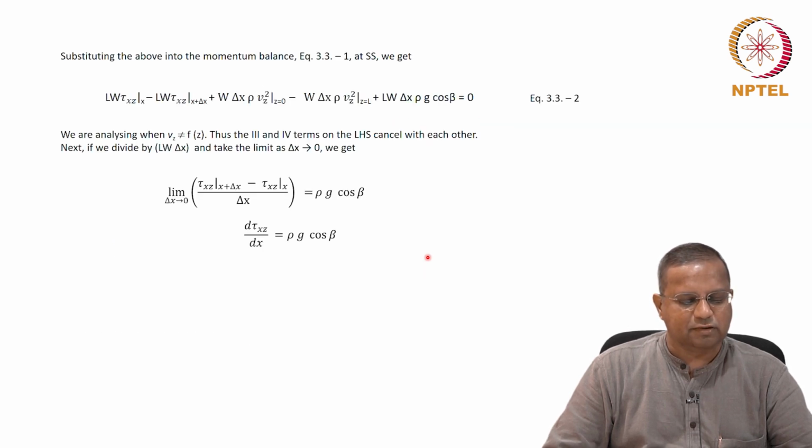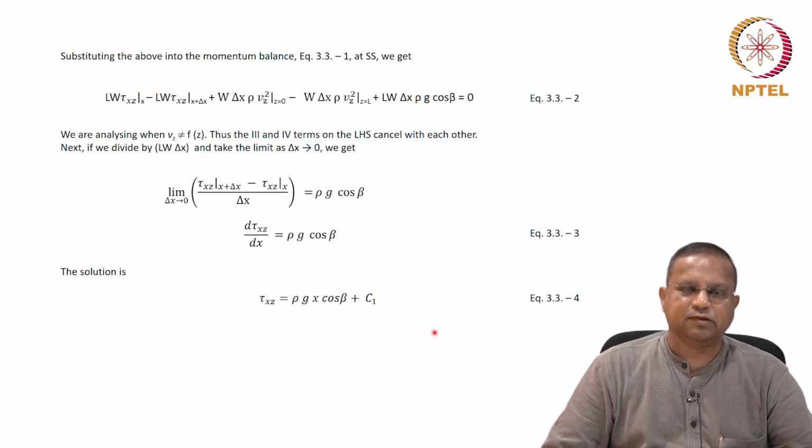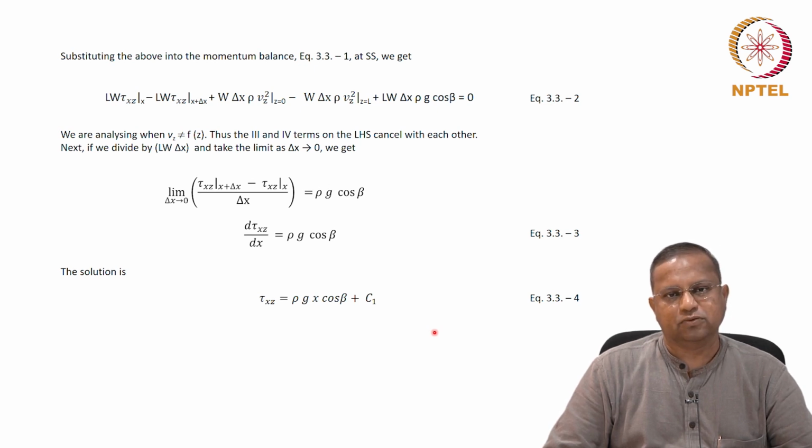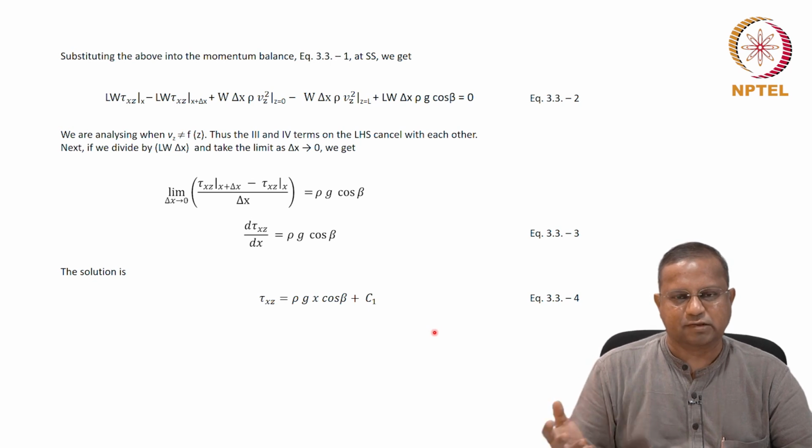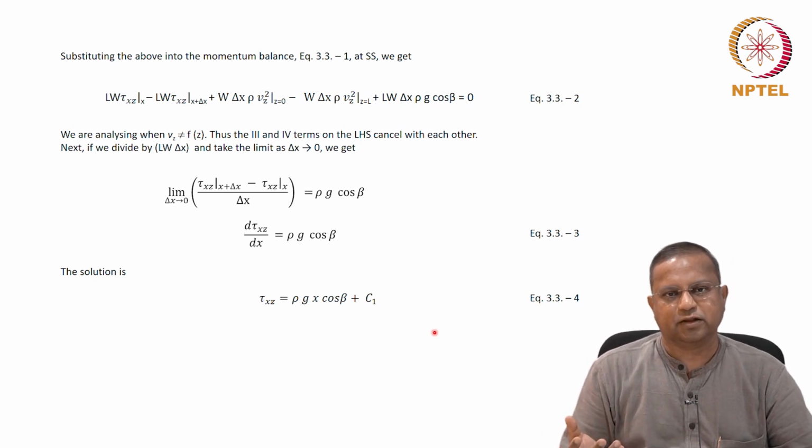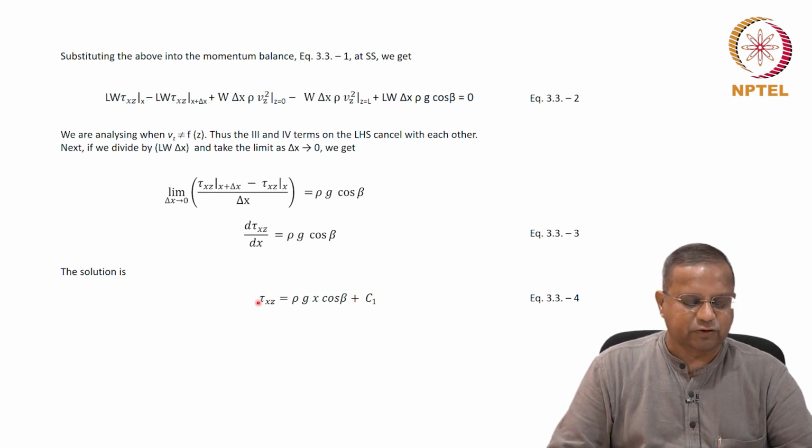And then we did a balance. We simplified the terms and wrote it in terms of a derivative. Then we could get an expression for the shear stress profile. Once you get an expression for this shear stress profile, you need a relationship between the shear stress and the velocity to get the velocity profile. Typically, these are aspects of interest: a shear stress profile and the velocity profile for various different situations. For a Newtonian fluid, it's quite simple. You have Newton's law of viscosity, which relates the shear stress to the velocity gradient, and that's what we used.